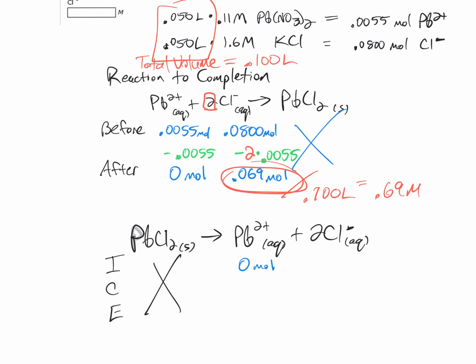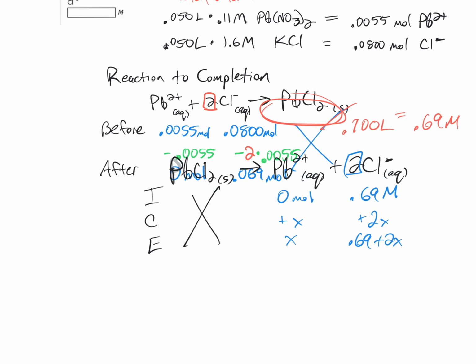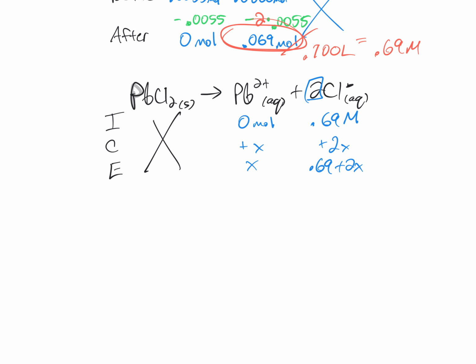And we can write that down as well. And then we just fill out the ICE table like you would any ICE table, noting once again that there's a coefficient 2 for chloride. And at equilibrium, get this shifted up,